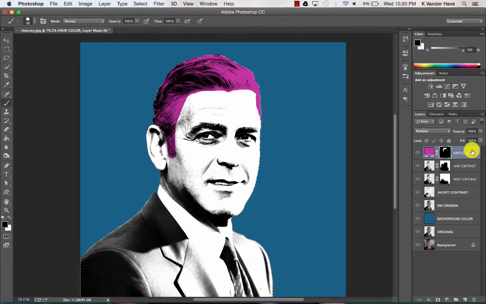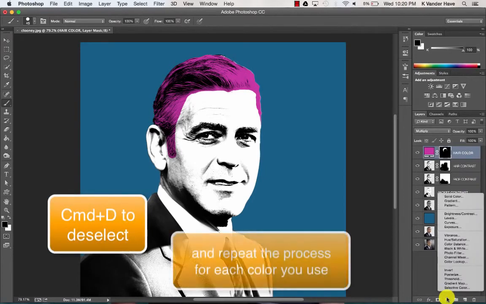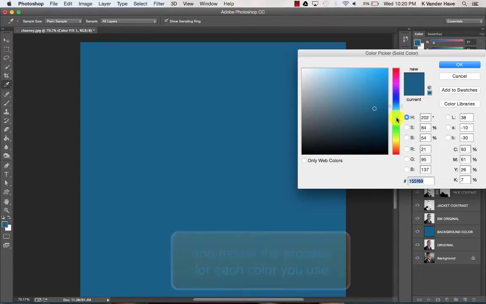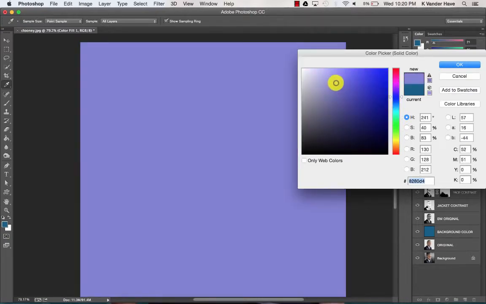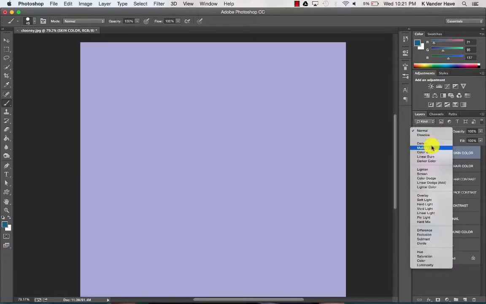So at this point, I'm now going to add another layer. So I'm going to deselect, and I'm going to hit my half black, half white layer adjustment again, choose solid color again. I'm going to pick a color now for the skin tone, make it a little bit lighter than the one that I currently used, and I'm going to click OK. Rename it to say face or skin color, change it to multiply,